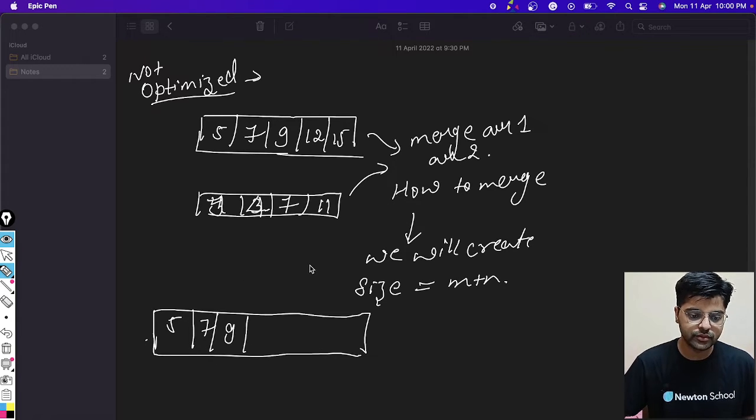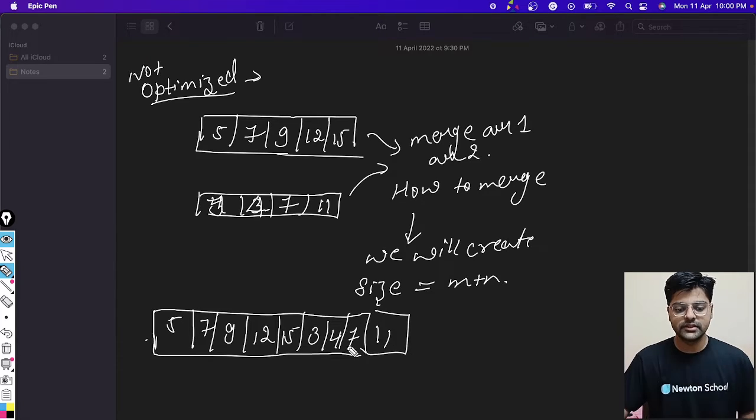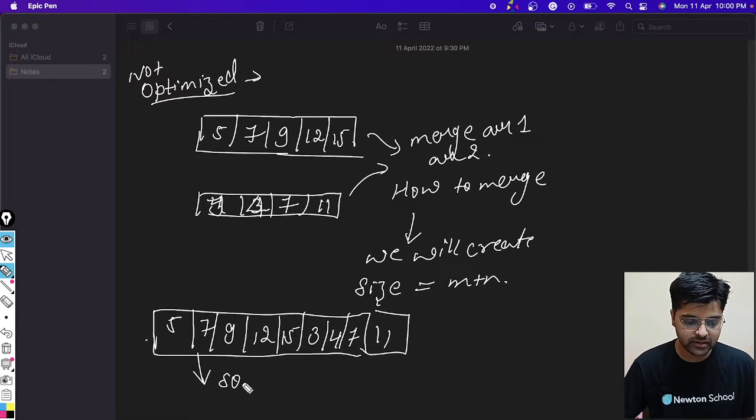We will traverse through one array and put the elements in the new array, and then again we'll traverse the array 3 4 7 11. Now we will get the merged array, but the problem with this array is we cannot calculate the median directly. So we will have to sort the array first.